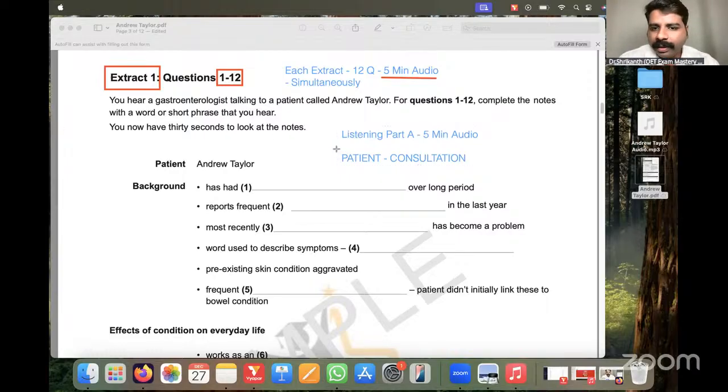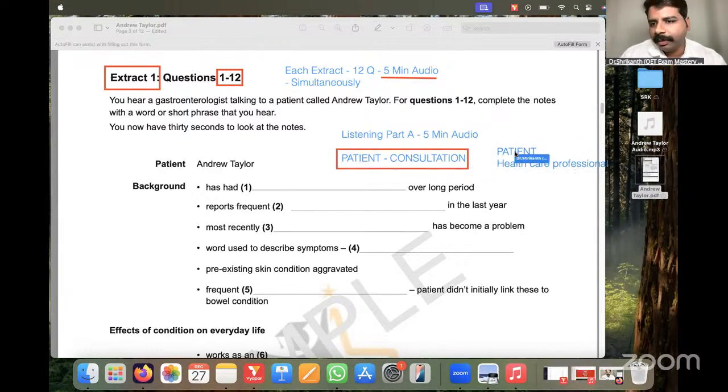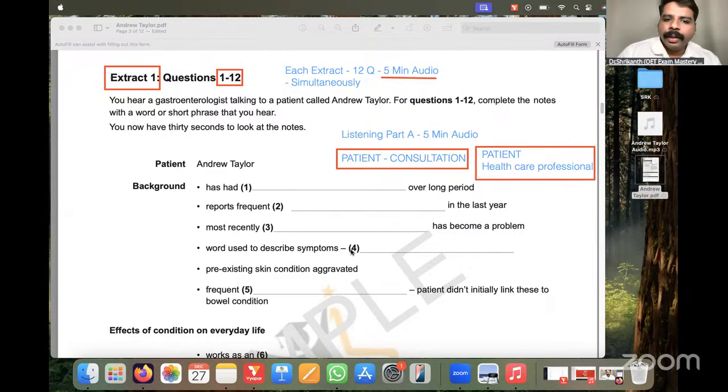So in listening part A, it is always going to be a conversation between a patient and a healthcare professional. So there will be two speakers over here. There will be two speakers in listening part A. A patient will be there and a healthcare professional will also be over here. Now, you need to understand that